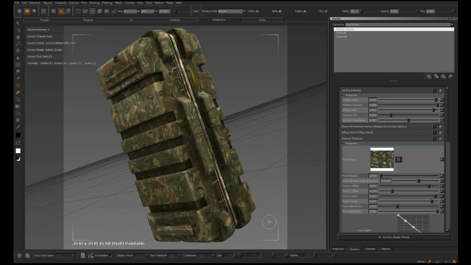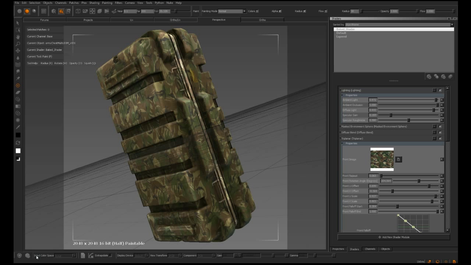One of the cool new features in Mari 1.4 is the addition of this color space toolbar you can see here at the bottom of my screen. This, along with the implementation of OpenColor I/O, is going to make color management across different applications and different projects much more simple. Now what I'm going to do for the moment is run you through a few of the